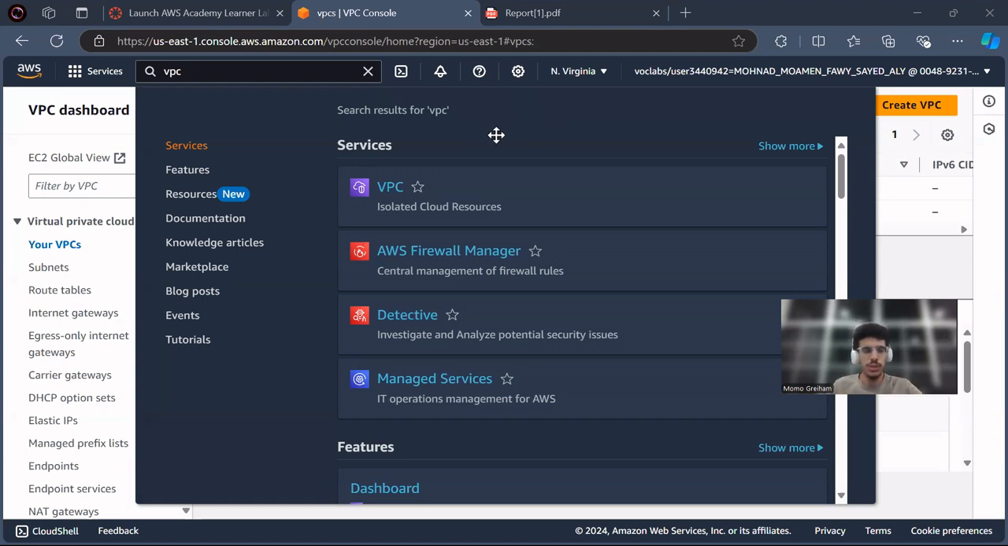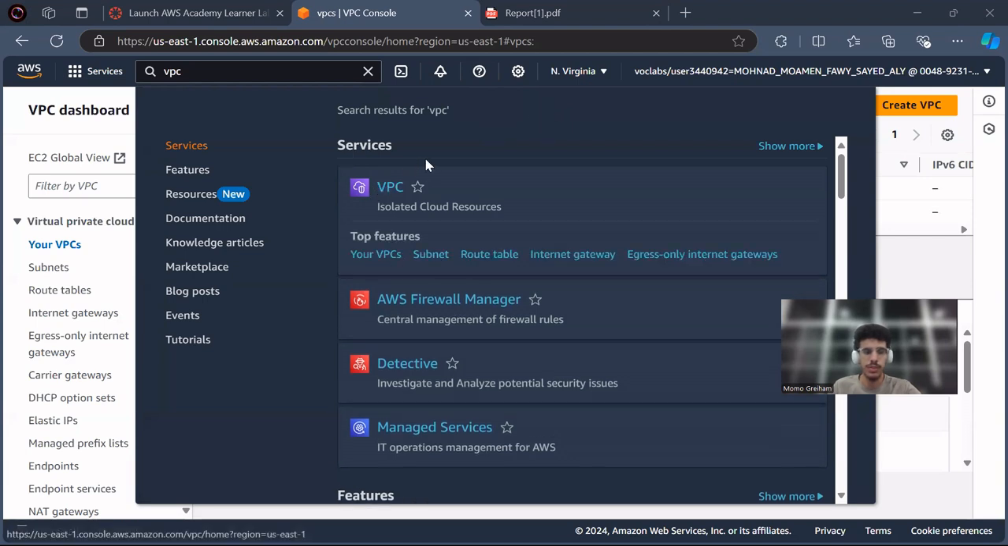So during phase one, I will be setting up a virtual private cloud, subnet, internet gateway, a routing table, and at the end, I will be setting up an EC2 instance. So step number one is to set up the